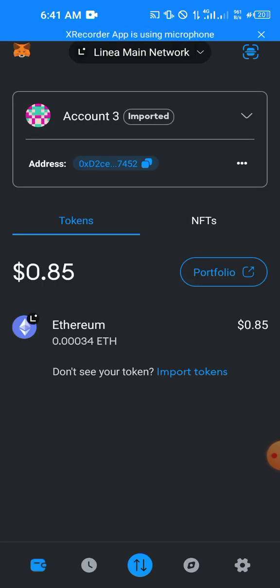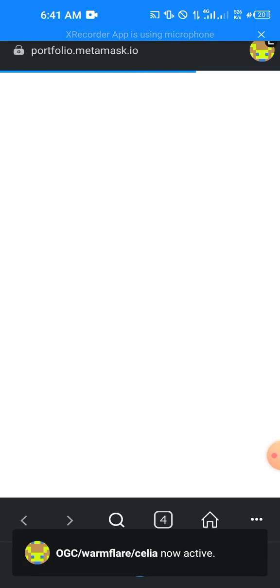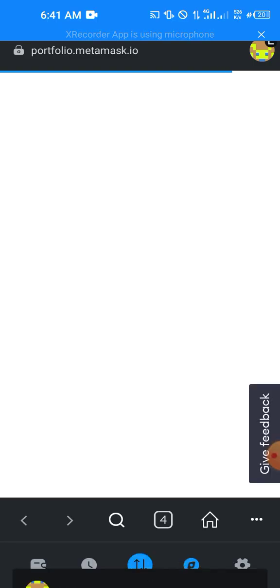Note, MetaMask also has a browser which you can use to access dApps. When I say dApps, I'm talking about decentralized applications. Decentralized applications are basically applications that run on the blockchain, that access the blockchain. So basically you can access dApps from this browser. This is actually a normal browser, and you can access dApps from it. For example,